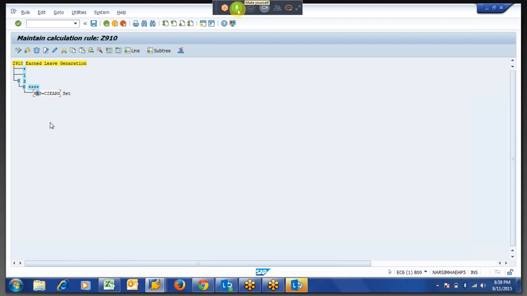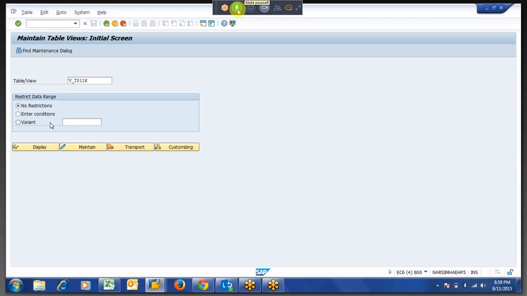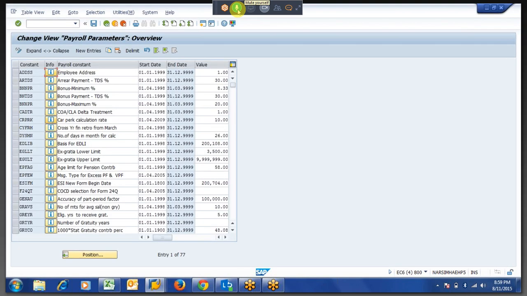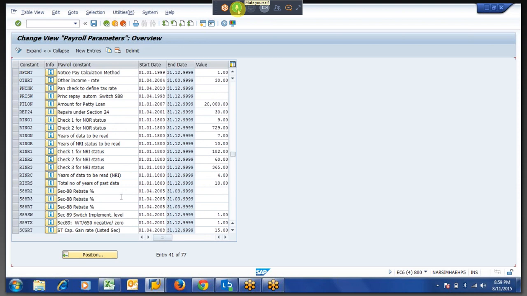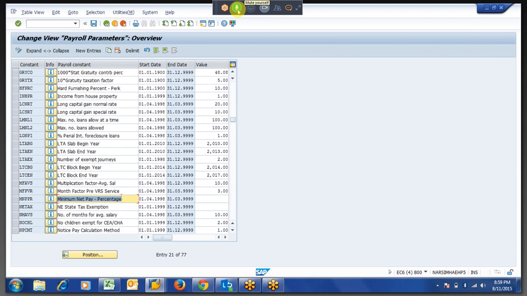For anything, there are thousands of things in payroll. In payroll, if you go here, go and read all the constants available. SAP has them itself for bonus percentage, for EDLA charges, for gratuity limit. Wherever a number comes into the picture, there are thousands of constants they are using. If you have a similar requirement, you can use this. If not, you can skip it. It is not a big table.